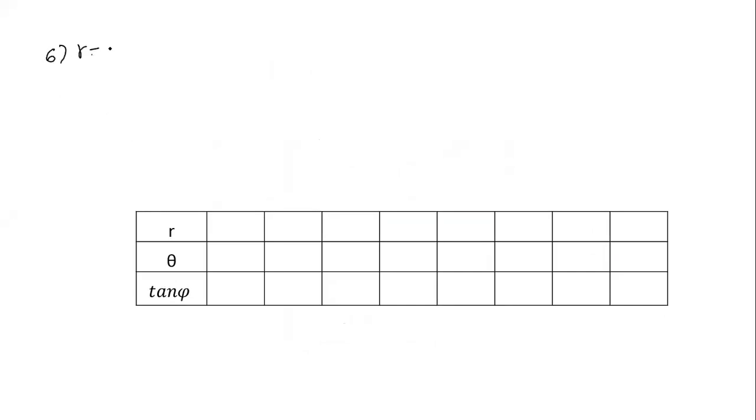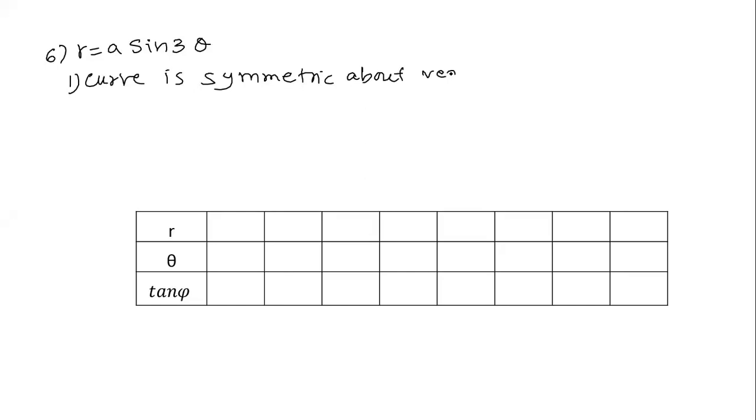So this is the case, and after that we are going to have one more problem, and I think this is problem number 6, and that is r is equal to a times sine of 3 theta. And here property 1 is not satisfied. What is property 1? Replace theta by minus theta, equation remains unchanged. That is not satisfied. So here property number 3, replace r by minus r, theta by minus theta, equation remains unchanged. The curve is symmetric about the vertical axis.